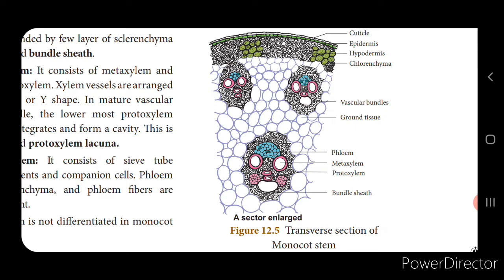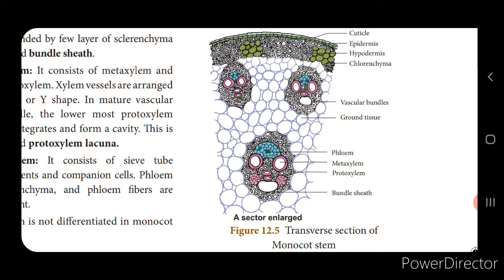The next one is the hypodermis. Now look into the picture. Below the epidermis you have the hypodermis, isn't it? And this hypodermis consists of few layers of sclerenchymatic cells and few layers of chlorenchymatic cells. Now look into the picture. You can see the black color coated cells, isn't it? So those are the sclerenchymatic cells, and the green patches that are appearing in between, that are interrupting these sclerenchymatic tissues, are the chlorenchymatic group of cells, right?